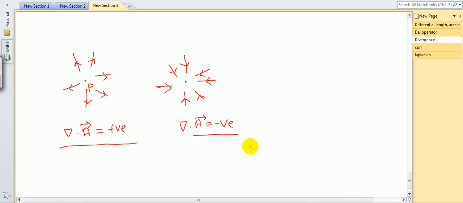Now if the field is like this around the point, the divergence will come as 0,